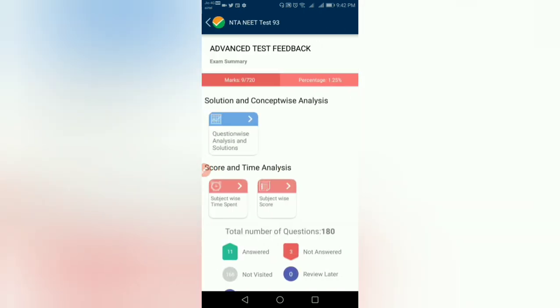This you have to do by taking another next 1 hour of time. So always remember, don't take these tests without the preparation, or you can say without the time. If you don't have 3 hours of time to do this, please don't take this particular test. Fine. Question wise analysis we will see.